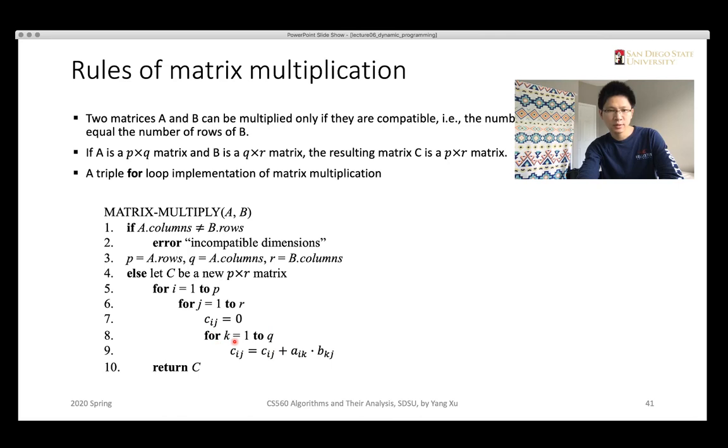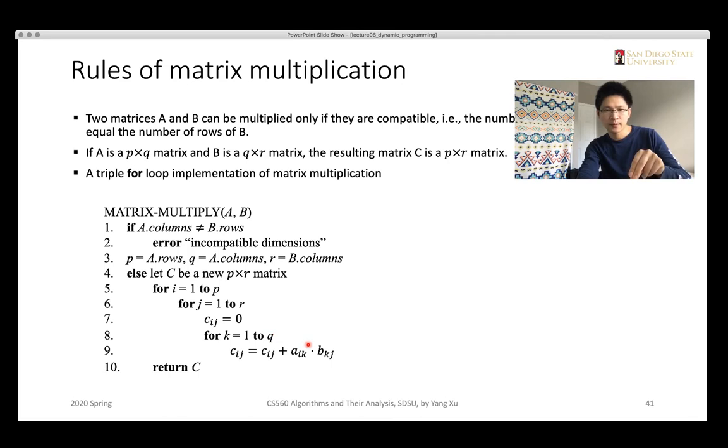In this third for loop, it iterates over the number of columns in matrix A, which is also the number of rows in matrix B, because they have the same number: Q columns in A and Q rows in B. So taking the ith row of A and the jth column in B,